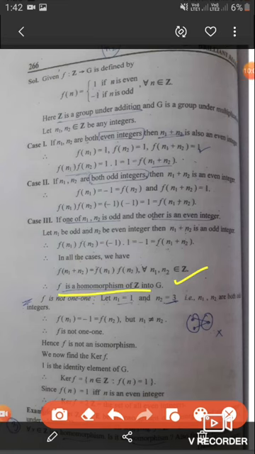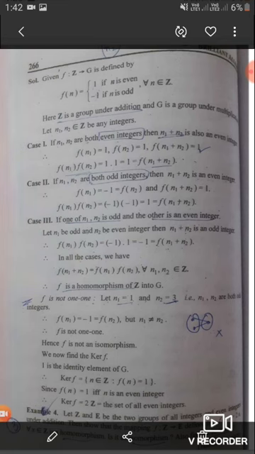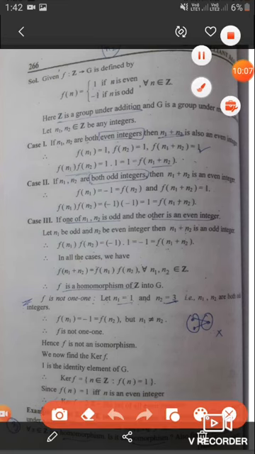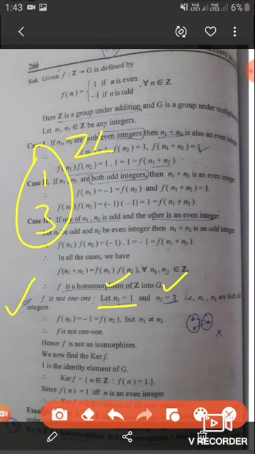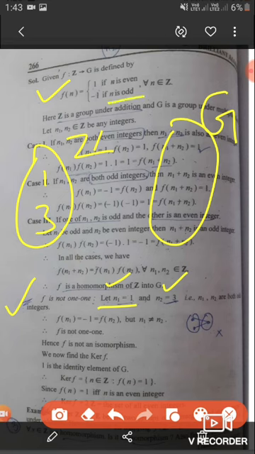Also in this case, it is asked to find out whether f is a 1-1 function or not. So here f is not a 1-1 function. Why is this so? We know in the domain there are so many integers. If we take an example, say let us take an element 1 and another element 2, both are odd integers. So what is this function saying? This function is saying that the odd integers should associate to -1. So here the images of both these elements are the same.